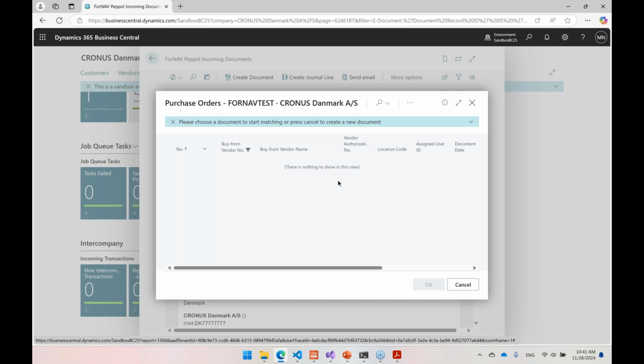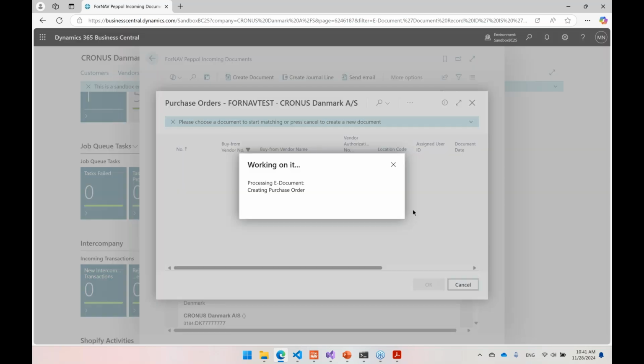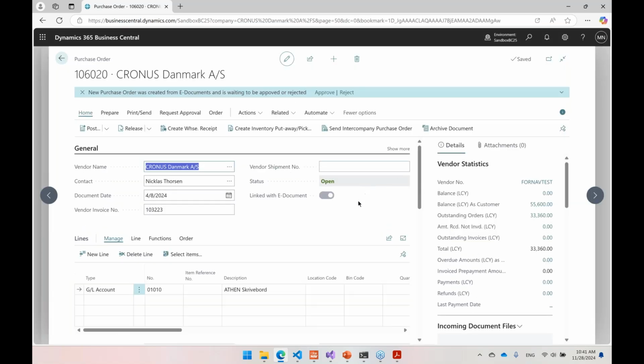So it says up here I need to start choose a document. There's no document. I can press cancel to create the document. So sorry, this is how the Microsoft view is created. I need to press cancel to actually do it. But it says up here, and now I'm in the purchase order, and I have my Ascent desk in here and everything in place.